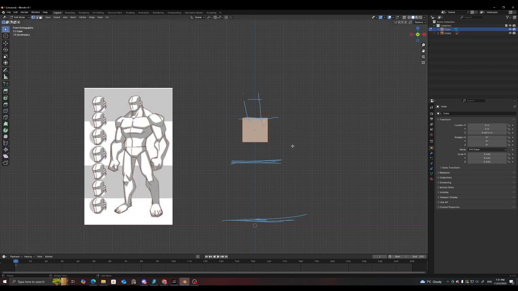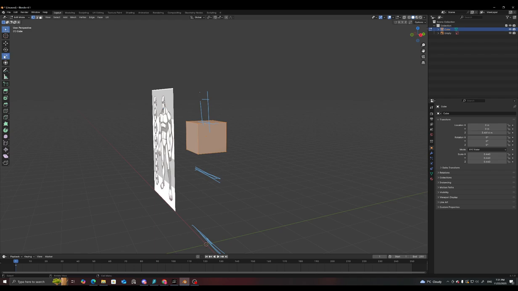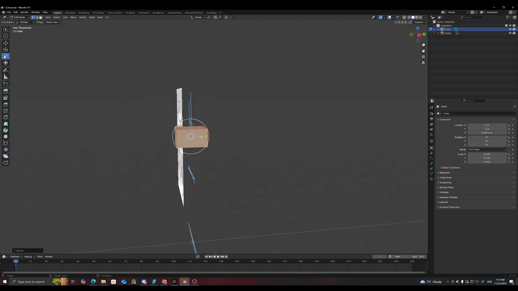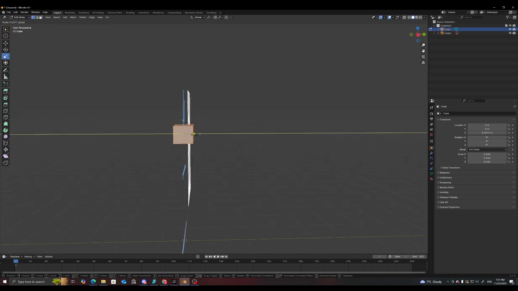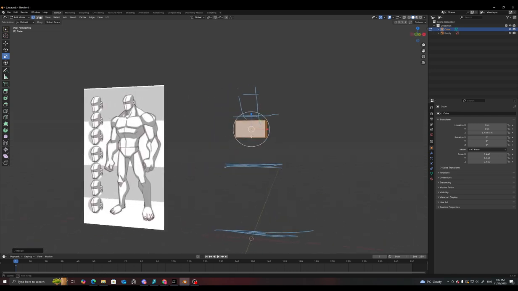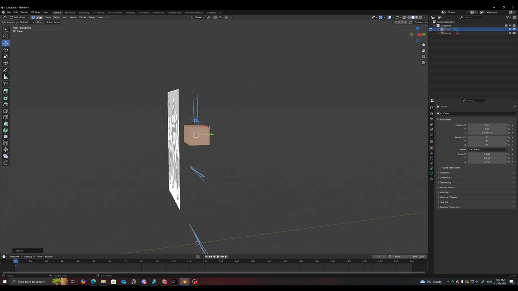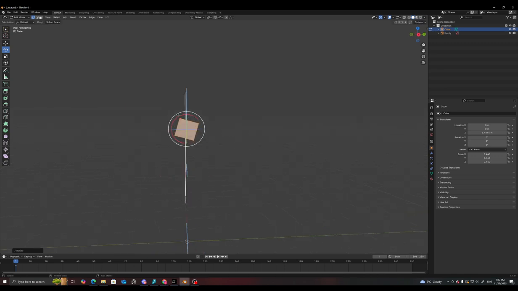And I'm just going to press tab to get into edit mode, scale this down. Also remember the depth of the objects matter as well, so I'm just going to make it quite slim. You get sort of a rectangle, and I'm going to rotate this a little upwards,